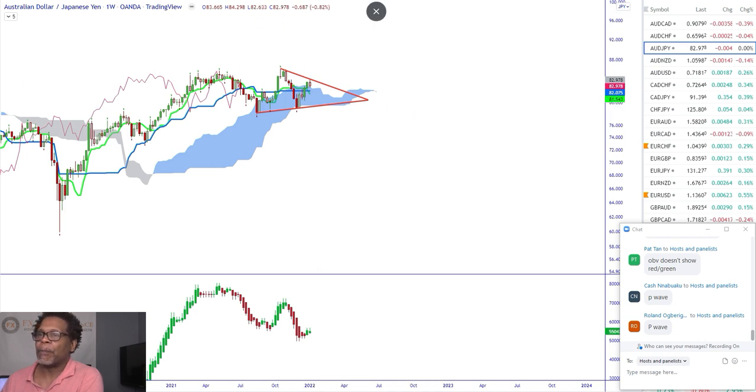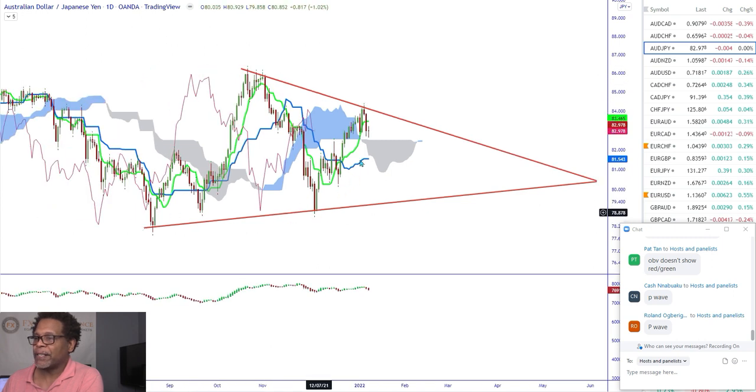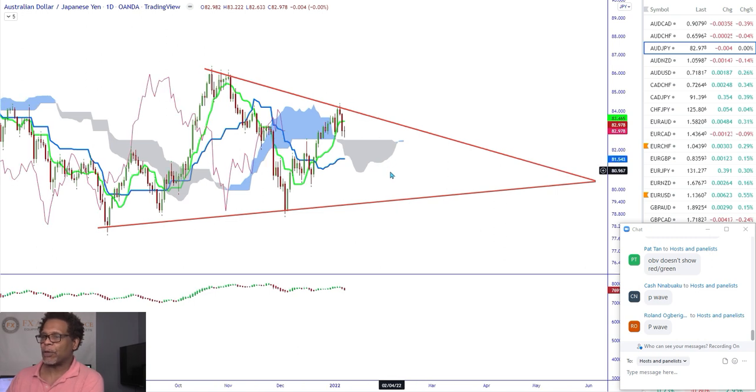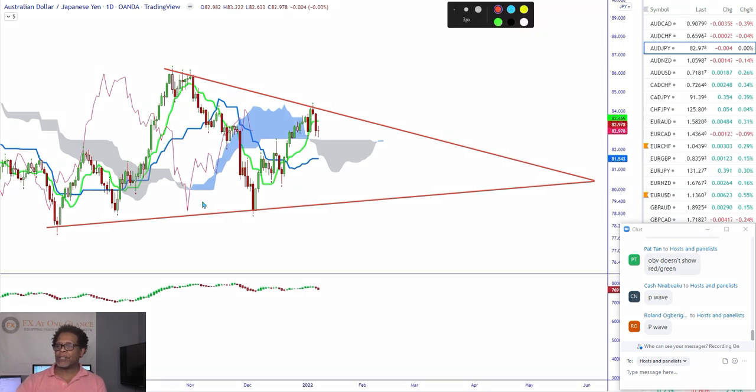So let's go to the daily time frame. On the daily time frame, you could see we already bounced off of the upper P wave level already, see? So it already honored this level, and you could see its fluctuation. You know why we can tell it's fluctuation? First of all, you can see all the things that I talk about and tell you happening on this chart. All right. I talked about a thick cloud on the top or bottom. There's a thick cloud on the bottom.